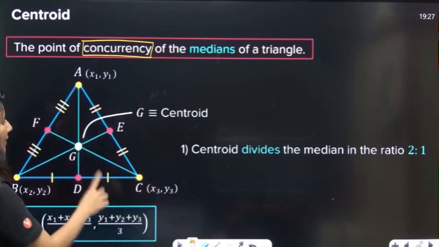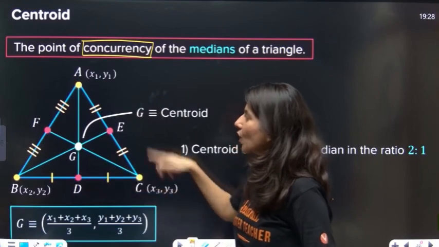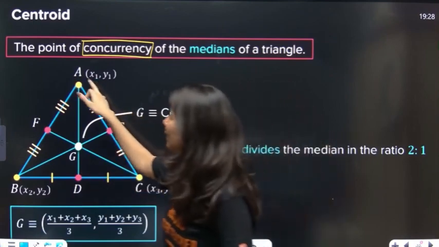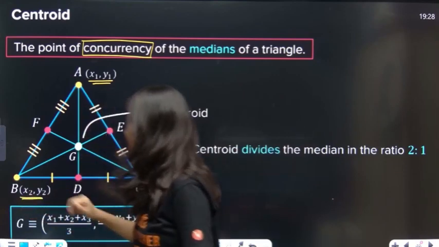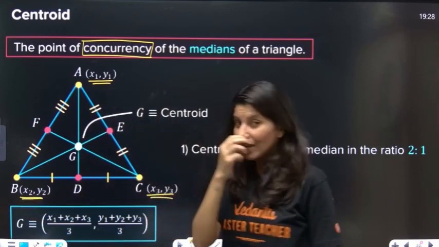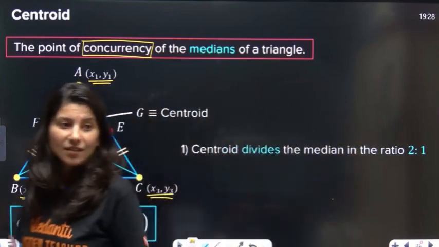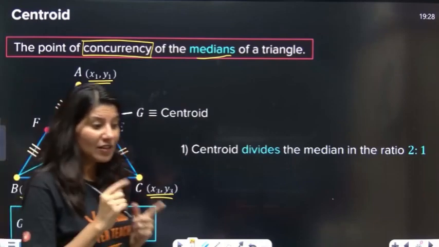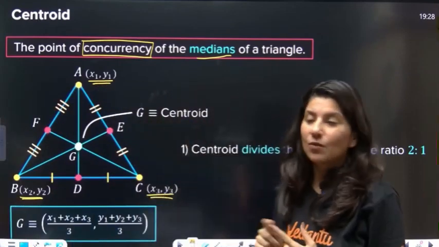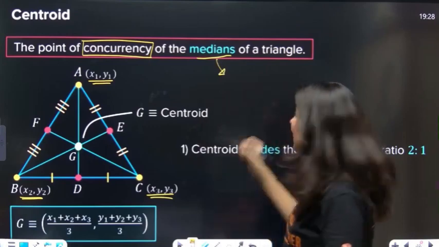So you have got a triangle. Can you see on your screen? This is a triangle. Now, if you draw a triangle, obviously you will have A (x1, y1), B (x2, y2), C (x3, y3). So this is your triangle. Now, what is median? Because median is written. And we have done a question also on median. What is median? Median is nothing but a line